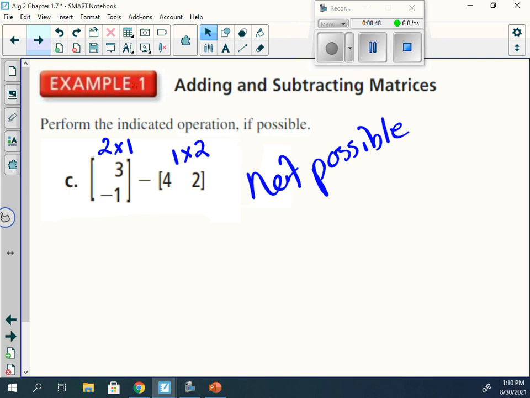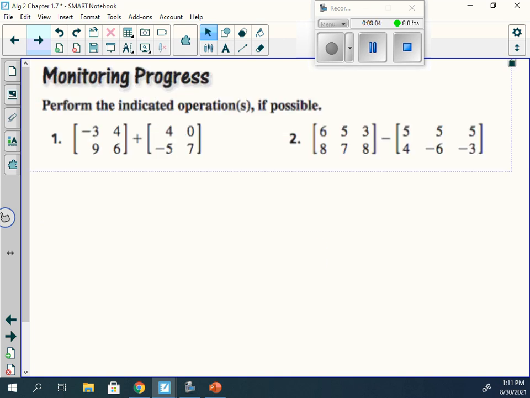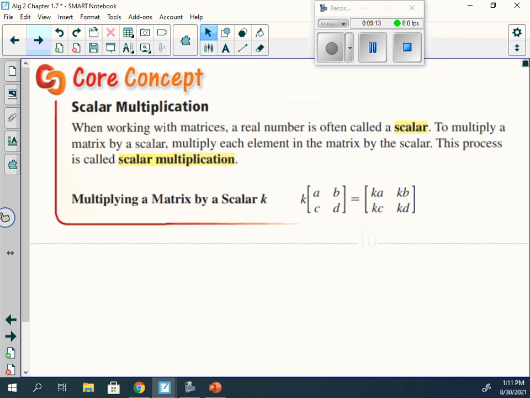So it's not possible. Now we could multiply. Multiplication would work for these, but we'll get into multiplication probably at a later date. We won't cover it in this chapter. This year we're mainly going to do addition, subtraction, and scalar multiplication, and then scalar multiplication with addition and subtraction. We won't get into actual multiplication. Do we need to see another example of addition or subtraction? Okay. So the next thing would be scalar multiplication, but we are stopping